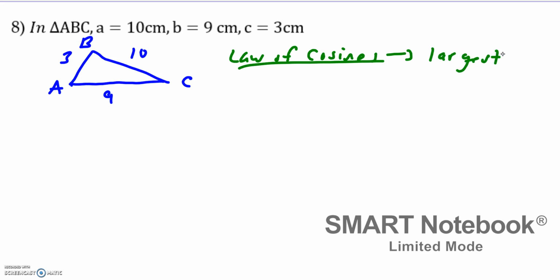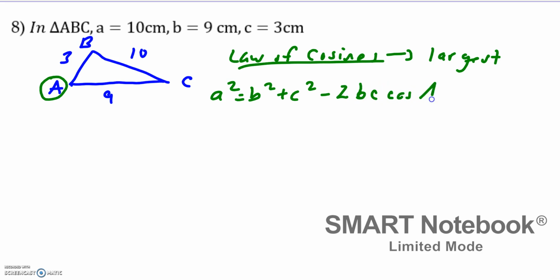So if we do that and focus on the largest angle, which has to be A because it's across from the longest side, if I want to find A, I'm going to start with A squared equals B squared plus C squared minus 2BC cosine of A. And so now we can plug and chug what we know. A squared, which is 10 squared, equals 9 squared plus 3 squared minus 2 times 9 times 3 cosine of